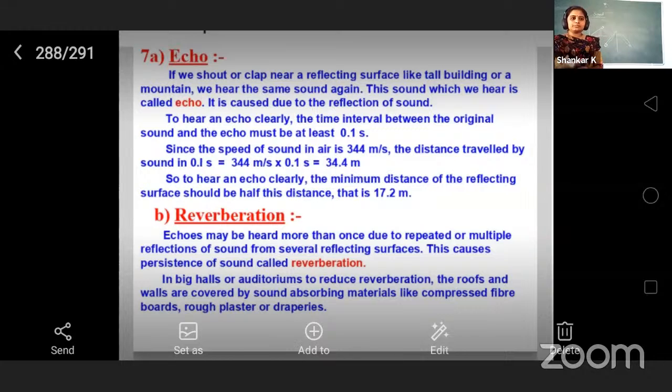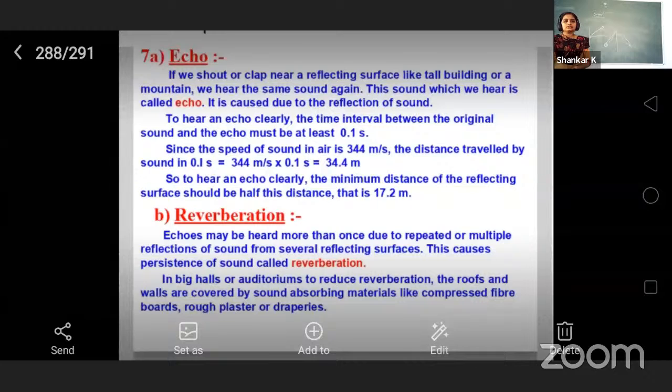Whatever we speak, the speed of sound in air is 344 meters per second. You know that. Now, the distance traveled by sound in 0.1 second: how much time does the sound need to travel to us? It is 0.1 second. So when we multiply 344 meters per second by 0.1 second,